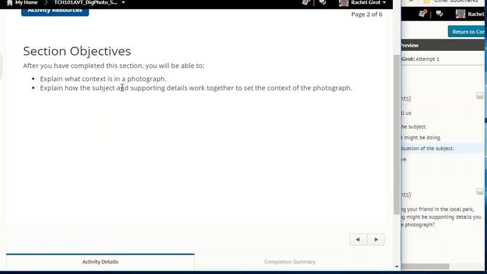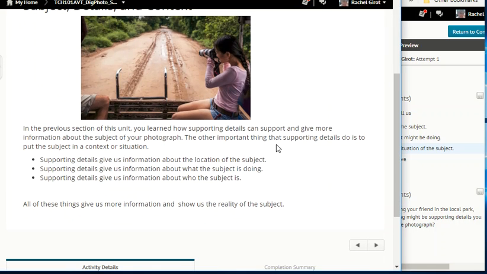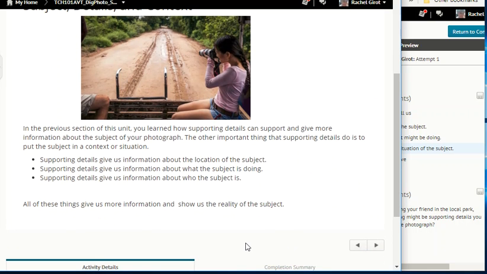Explain what context is in a photograph. Explain how the subject and supporting details work together to set the context of the photograph. All right. Subject, details, context. In the previous section of this unit, you learned how supporting details can support and give more information about the subject of your photograph. The other important thing that supporting details do is to put the subject in a context